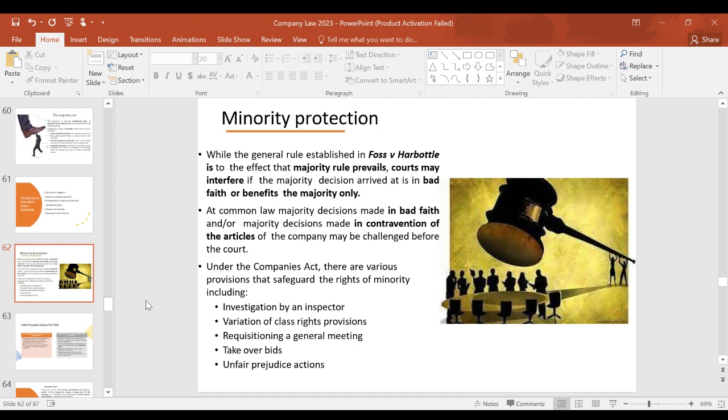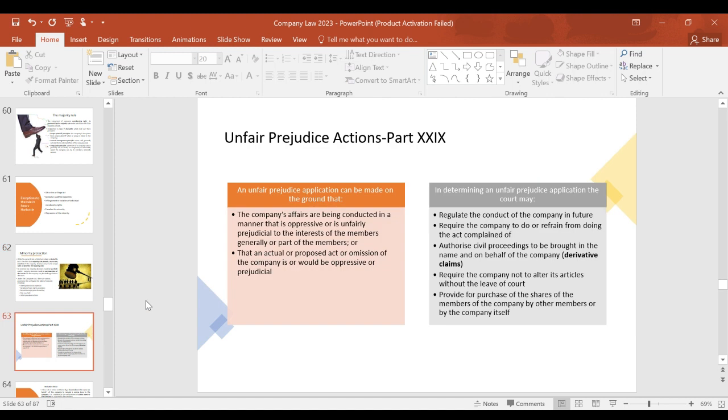And of course, there are actions which we call unfair prejudice actions that can be brought by the minority shareholders in the event that a company is in violation of several principles or parts of the Articles of Association of a particular company that may warrant a call for unfair prejudice action against maybe a specific actor within the company. Now, what is the unfair prejudice action as put